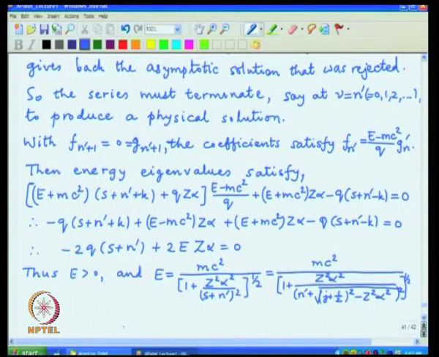So, this is the final result, exact solution for the energies of the hydrogen atom problem, and this E depends on n prime